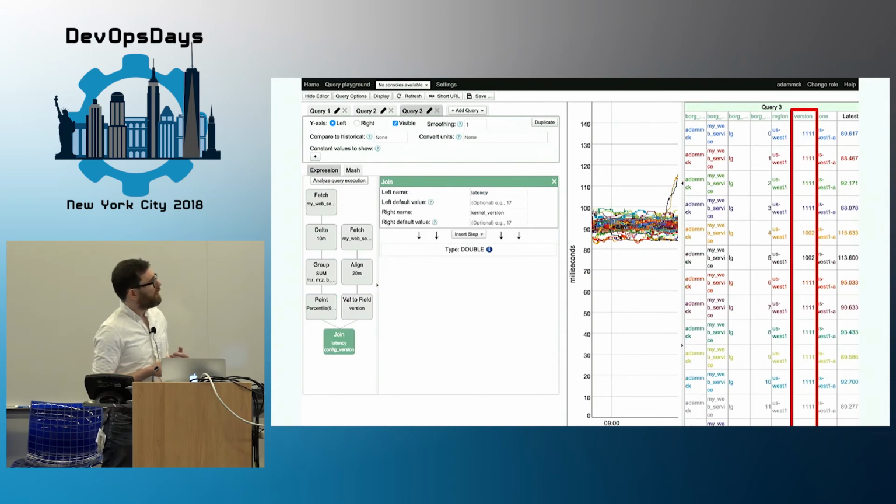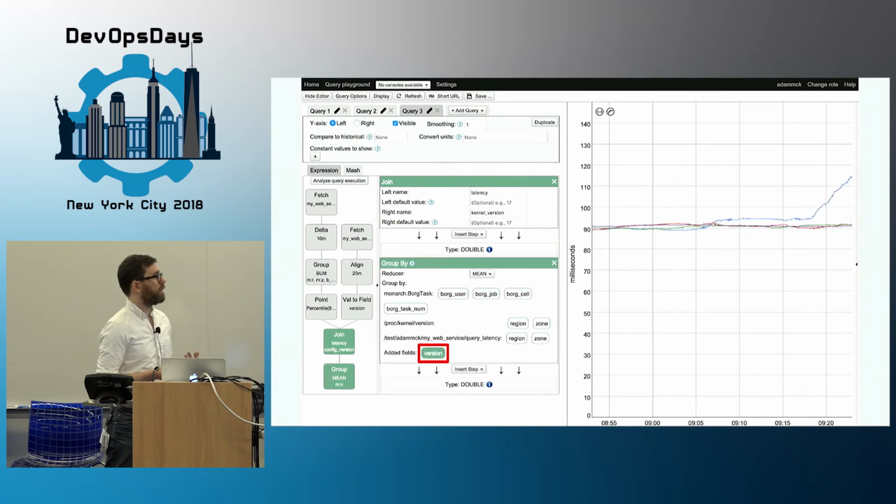But if I were to join these queries together, and the most important part, which I probably should have highlighted on the left, is we've taken those two queries and you see there's one box at the bottom which has joined these streams together. Now, I won't get into details of how this happens, but essentially we're able to correlate one metric with another metric using the username, the job name, the location, the replica, and all of that. And I hope it's clear how we've now highlighted on the right that we've augmented that latency data with kernel